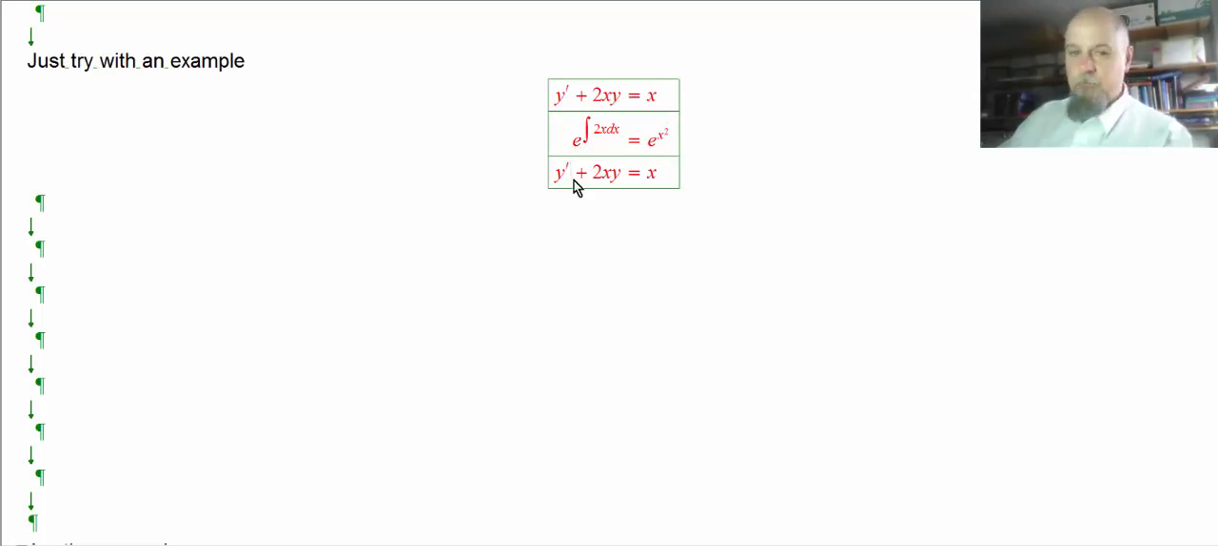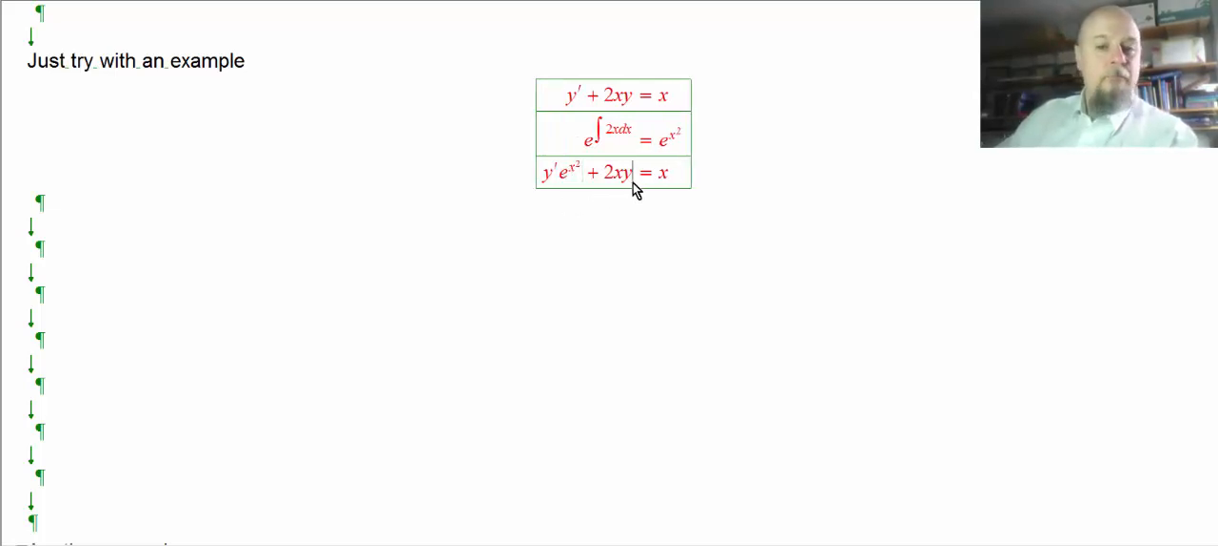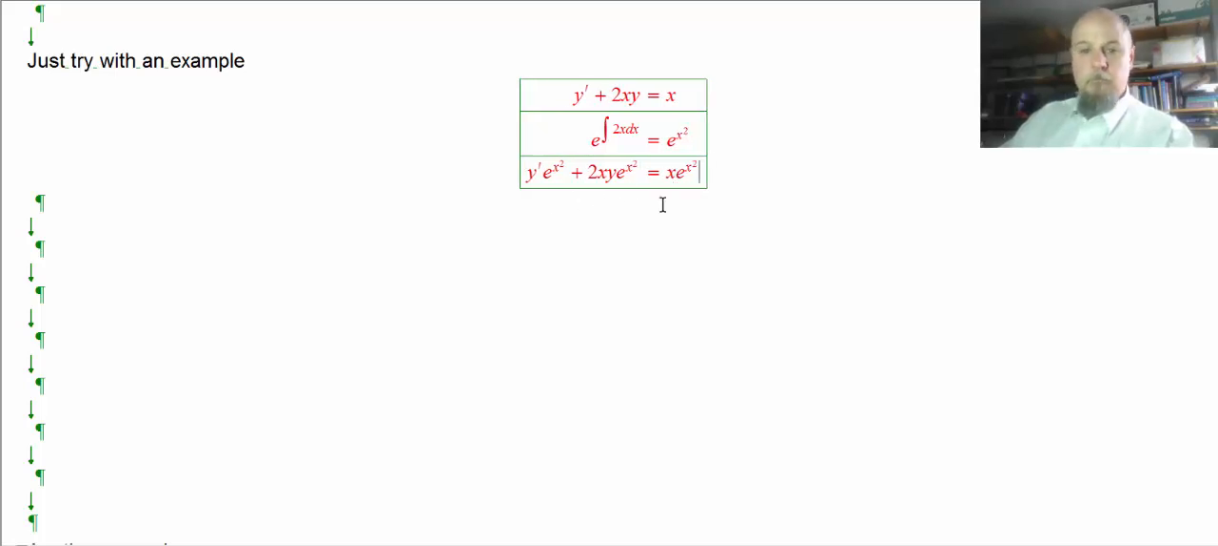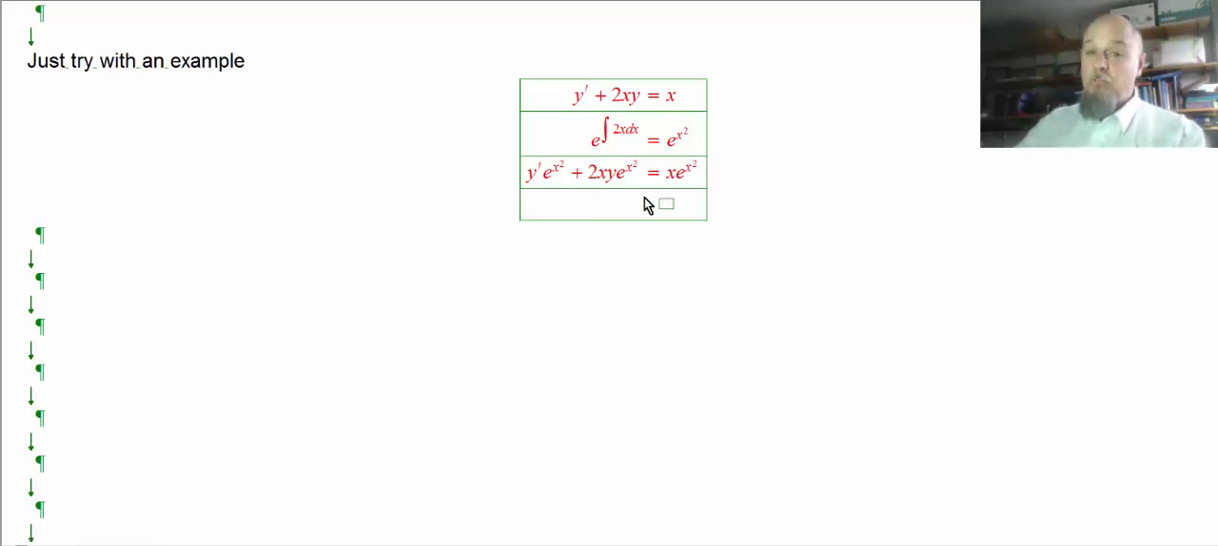So I'm multiplying the y prime, the py, and the q part. Now the next step is to integrate both sides. Integrating the left-hand side is always going to integrate to be y times the integrating factor. So there's me integrating, I integrated the left-hand side. Integrating the right-hand side, well, I'll type this in